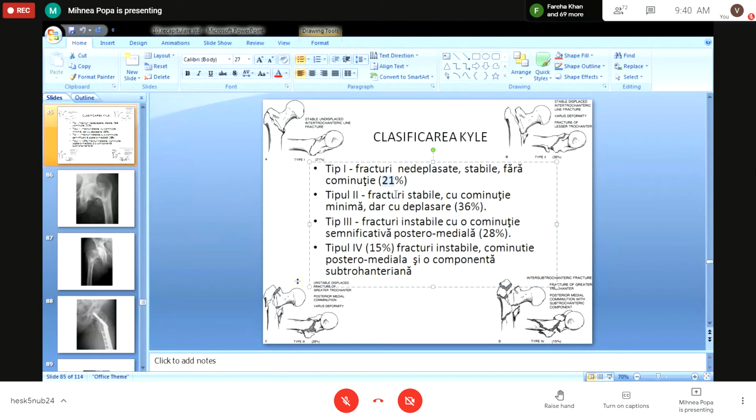Type 2 are again stable, but with comminution. They are stable, as you can see here, a little bit displaced, but they don't have comminution, only 1-2 fractures. These are the most frequent, 36%. Then when we speak about the type 3 and type 4, we speak about unstable, comminutive, and with important posteromedial destruction. So these lesions here are very important, because when we speak about peritrochanteric fractures, we can have two types